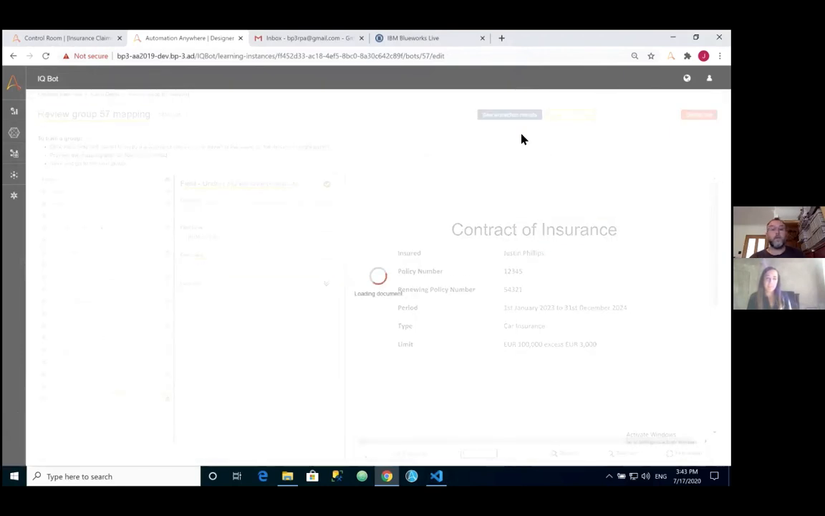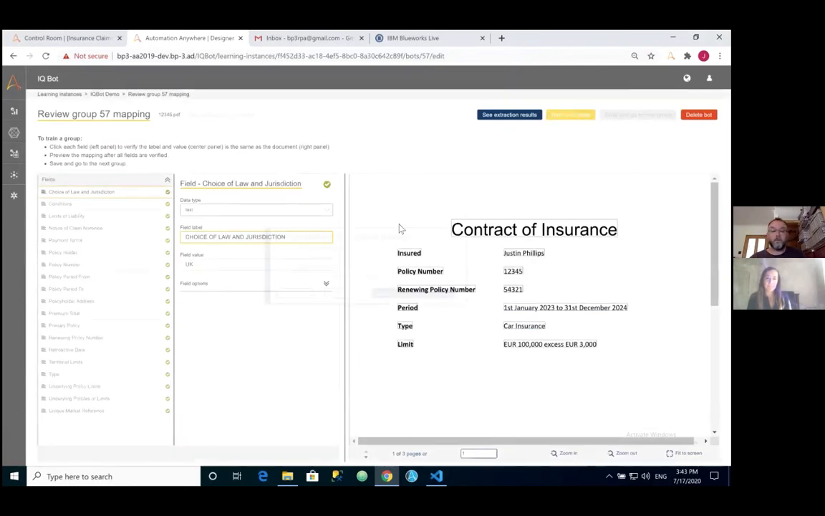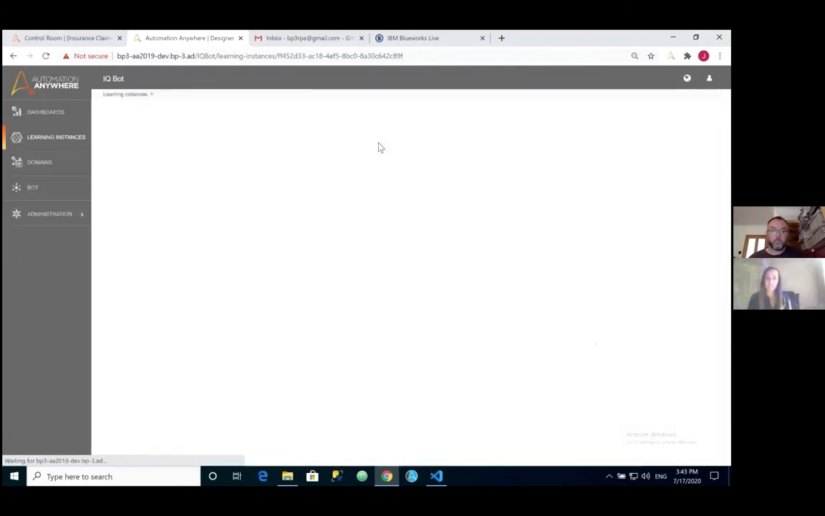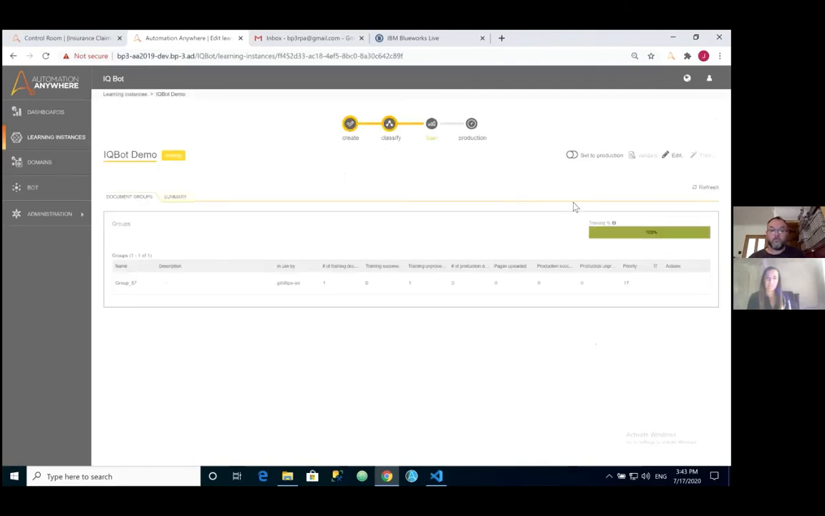Then we go back to training. And then what we can do now is save that, and we can save and send that to production. If we are confident that's as we want it, we can then send that to production and set the learning instance to production. So we've put the bot into production. We're now putting the learning instance into production. And then that's available to integrate with